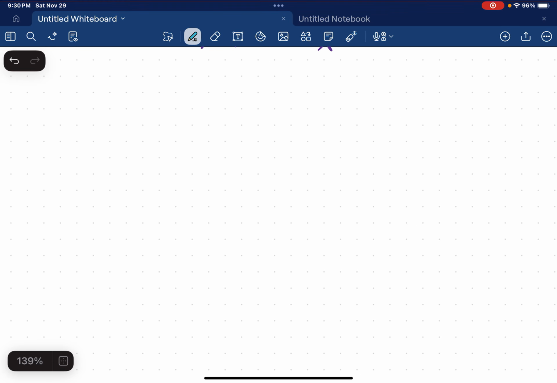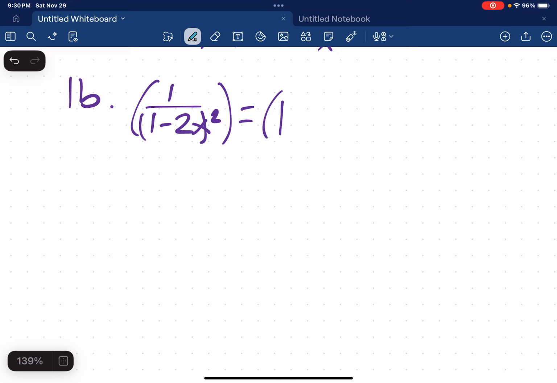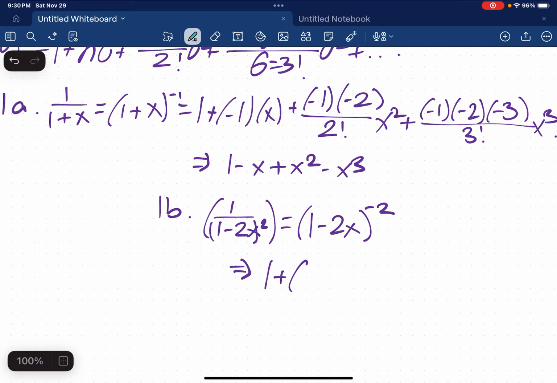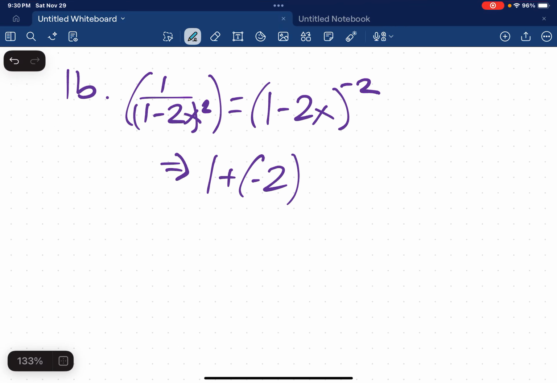Right, on to 1b. For 1b, we have 1 divided by (1 minus 2x) squared. Since it's a 1 on top, you can just write that as 1 minus 2x to the -2. And we use what we had earlier. You know that this is going to be equal to 1 plus n times u, so -2 times -2x,